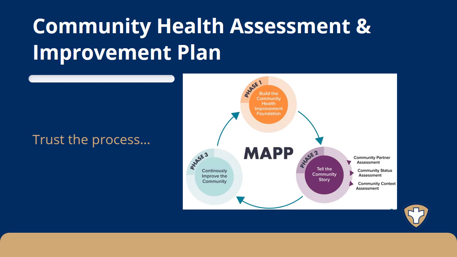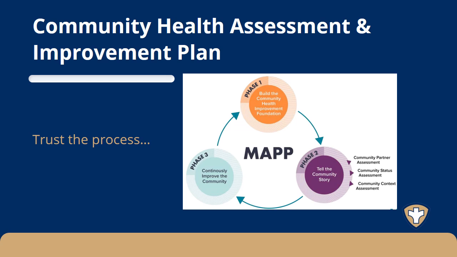When we prepared for this next cycle of our CHA and CHIP, we wanted to align with best practices across the nation in terms of community health assessment and improvement planning. In doing so, we've adopted the MAP 2.0 process. MAP 2.0 has a direct intention of looking at systems of inequity, power imbalances that may exist, and other steps as far as data collection, where there have been gaps or barriers in the past, how to improve upon those when you're conducting these assessments.